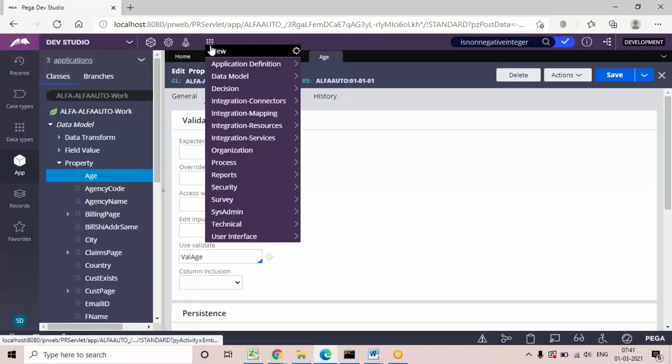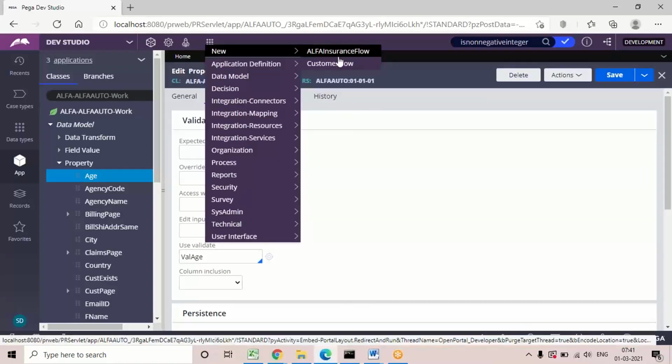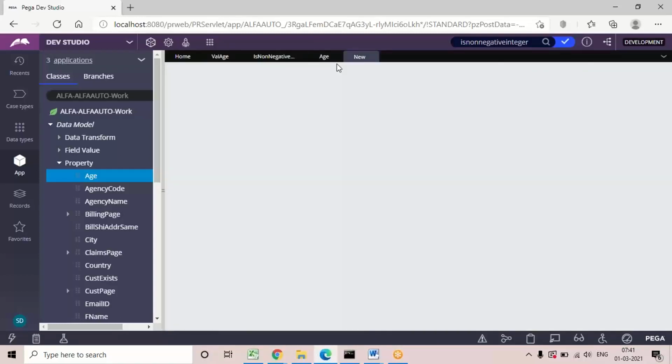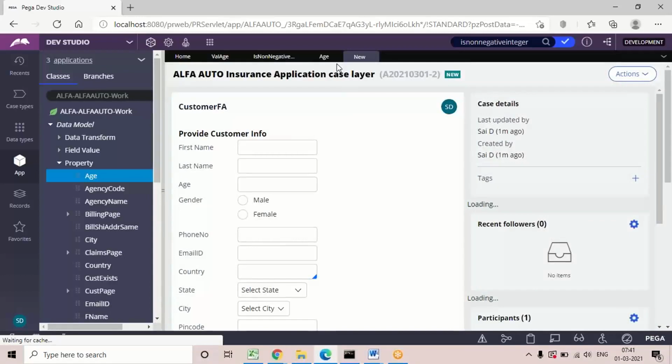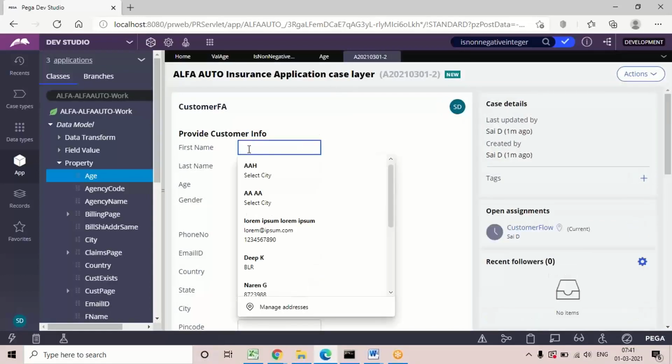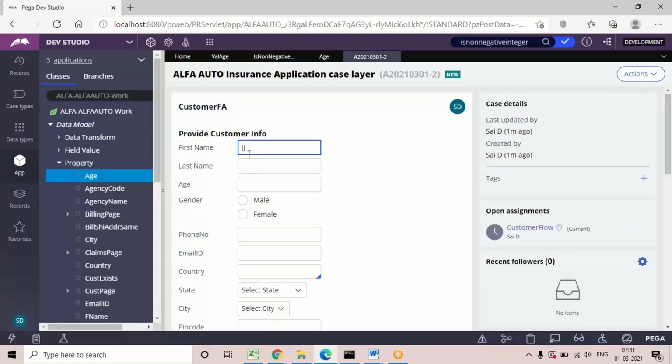Now execute this customer design and verify this condition. I'm giving input as 23, and then give input for pin code, because validations are defined.